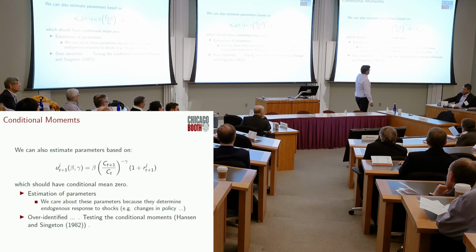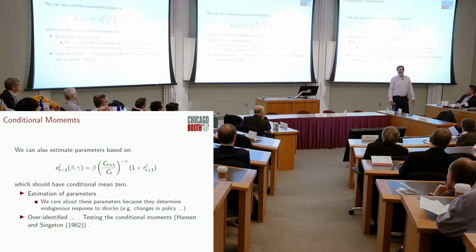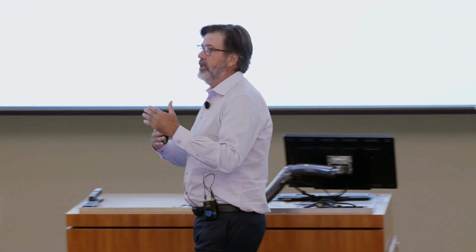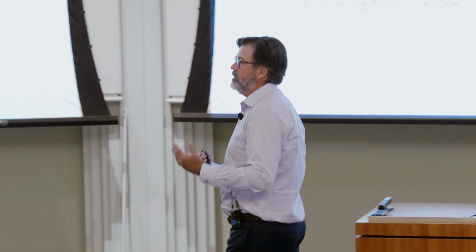Of course, this model, the way it's written, is over-identified because there's lots of moments that we could use. And when you look at those over-identifying conditions, you kind of blow the model out of the water, again, because there's not enough cross-sectional variation in these covariances.